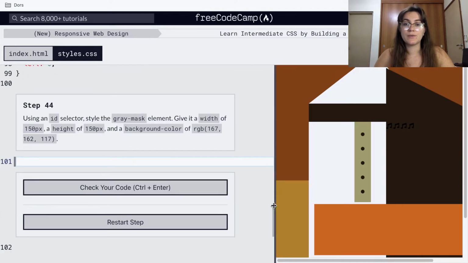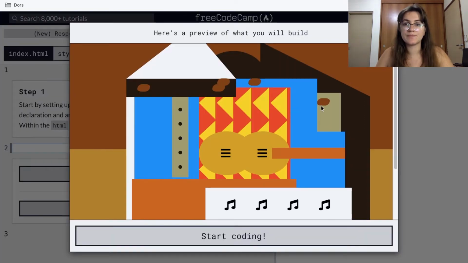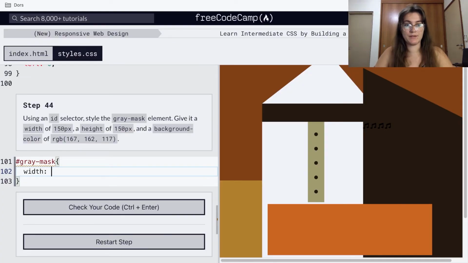Now we're gonna work with the gray mask. So we're gonna use here the gray mask, and the gray mask, if I'm not mistaken, will be this part in here probably. So let's see. Now we're gonna set the width of 150